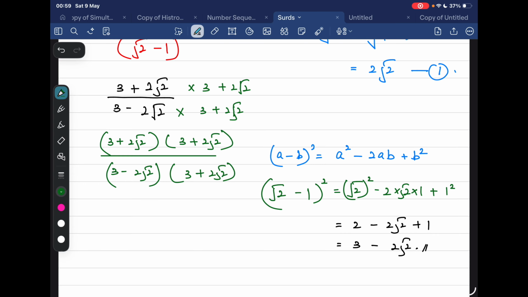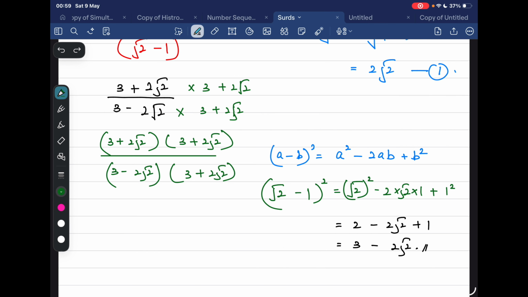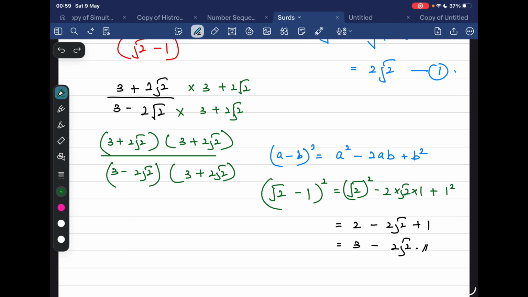It's like what happens when we multiply x into x, it should be x squared. So therefore the numerator is also the same as it is here, 3 plus 2 root 2, same thing inside the brackets. So therefore you could write 3 plus 2 root 2 squared